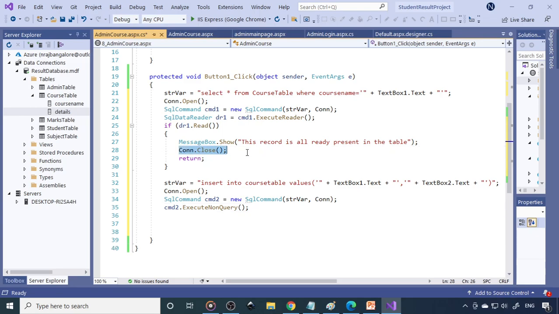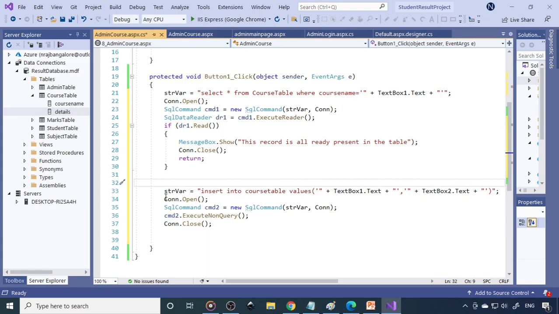Then again you need to close the connection, so therefore we can close the connection here. And also you can see that we need to close the connection here also, because if it's read, it will close the connection here. If there is no record, the cursor will not go over here, will not execute this, will not execute that. So your connection is already open, you can't open it again.